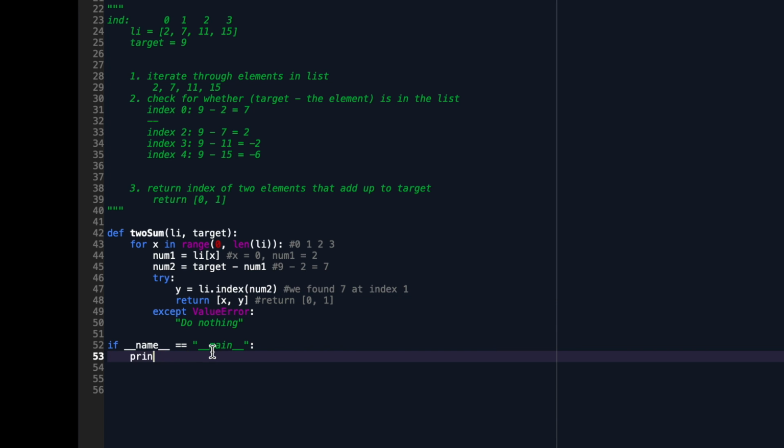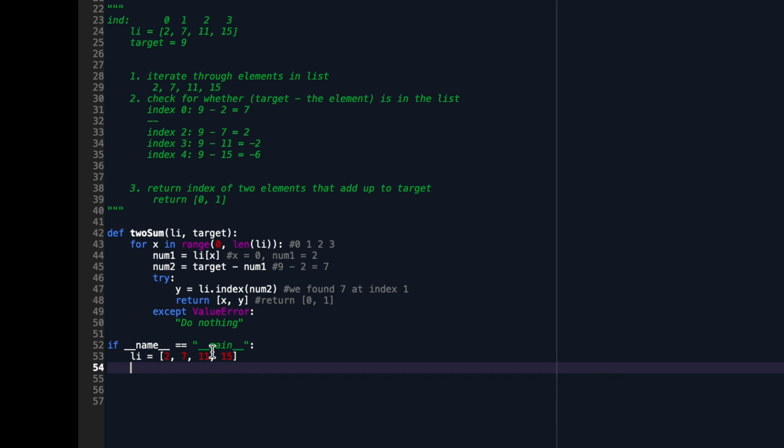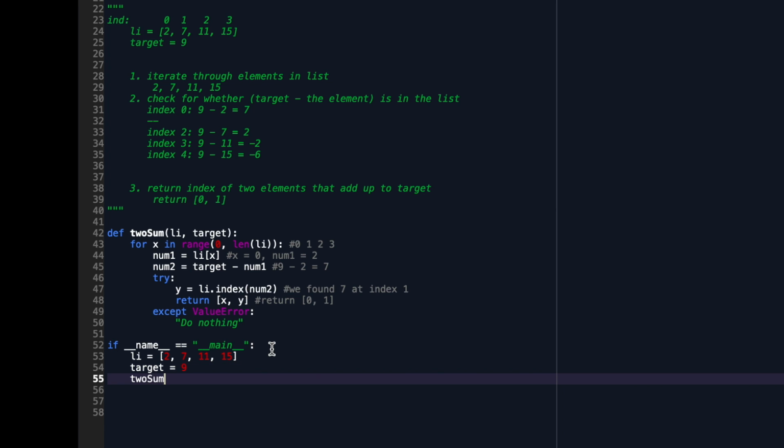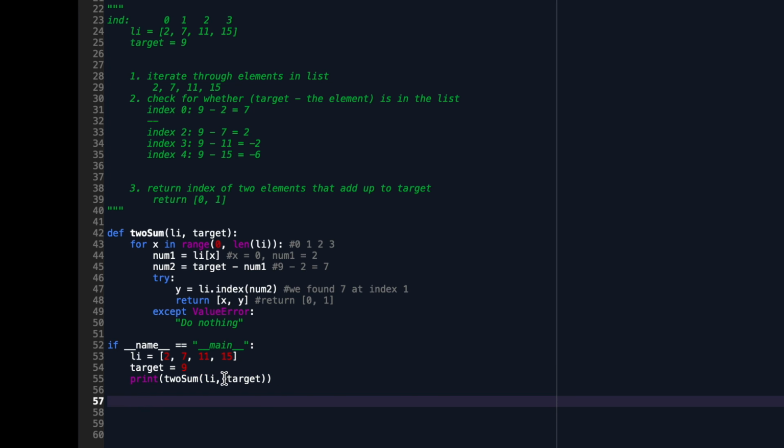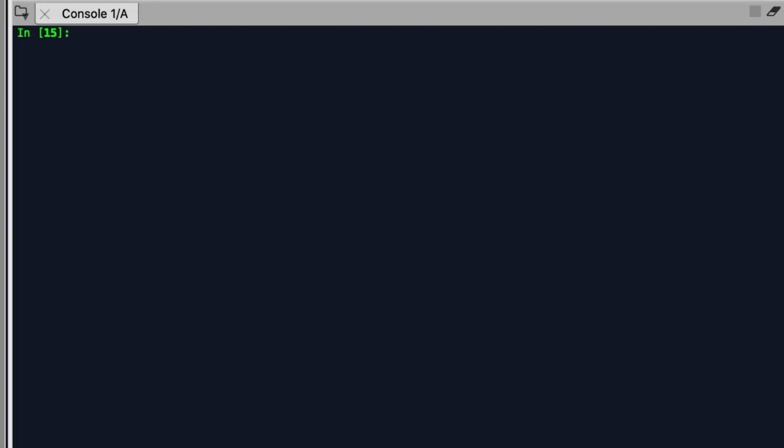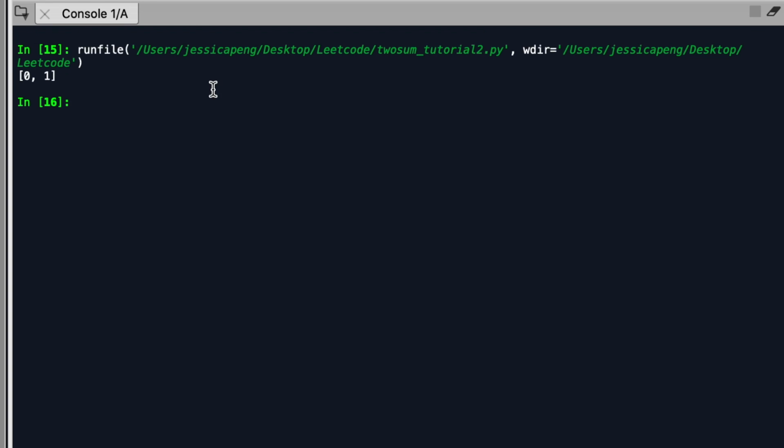All right, so let's just try running this code. Let's put in list is equal to 2, 7, 11, 15. We'll have the target equals 9. Let's call that method. So we're going to print out the result that's returned from it. So we'll hand it over the list and the target. So as expected, it should be printing out 0, 1. All right, so we run the program, and here on console you can see the answer is 0, 1, so